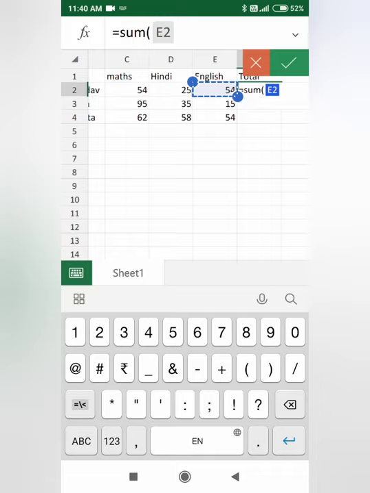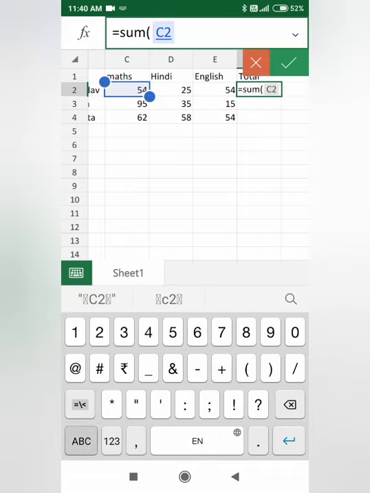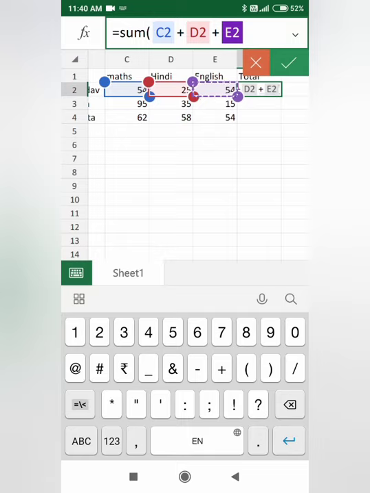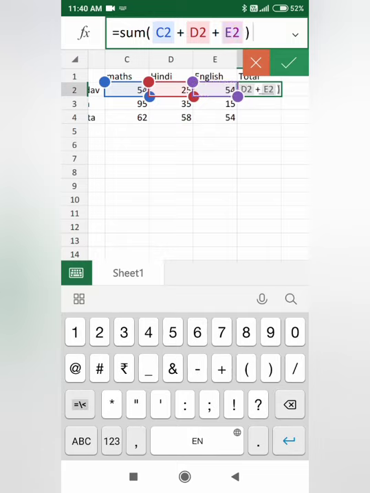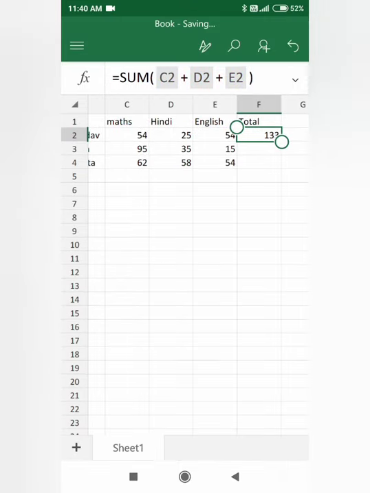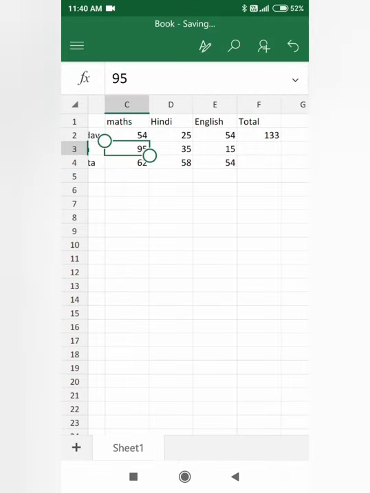Click the first one, then plus sign, then click the second and click the third and close bracket, and press enter. It will give you a total.